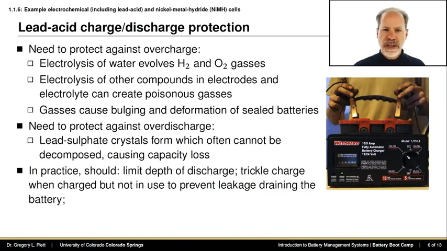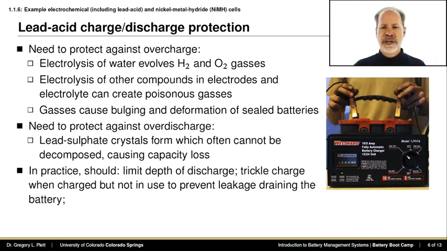Also note that lead-acid batteries have a property that's somewhat unusual. It's possible to trickle charge a lead-acid battery cell. That means that when the cell is fully charged, we can hold the terminals of this cell at a fully charged voltage, which continuously forces a very small amount of current to continue to flow into and through this cell. The water in the electrolyte at this full charge point